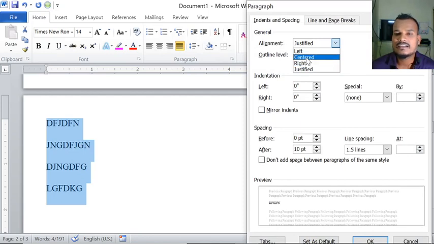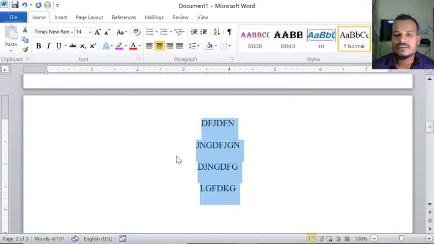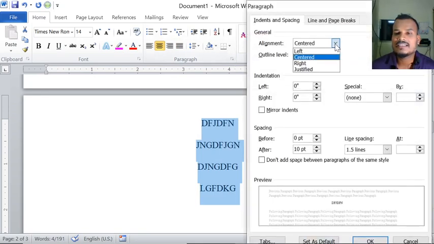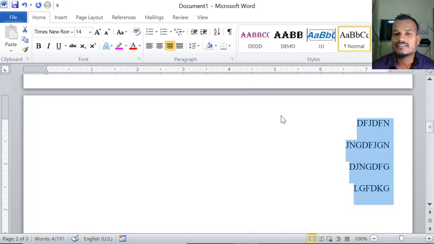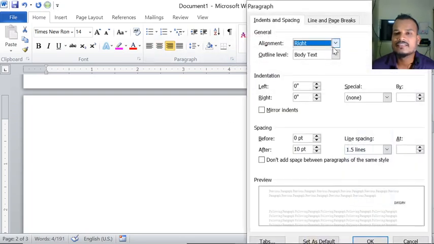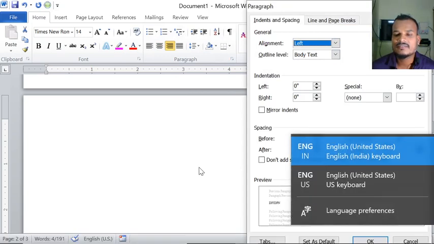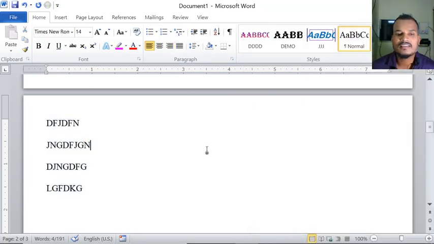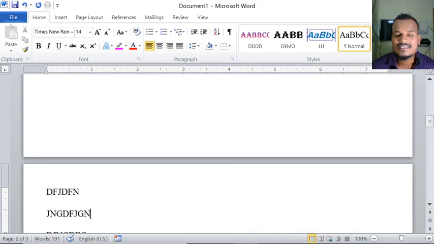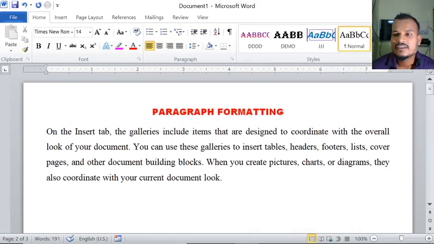You want center, just click on centered, click on OK. If we want the centered paragraph on the right side, click on right, OK. If you want left side again, click left, OK. Okay, so this is about alignment of paragraph.